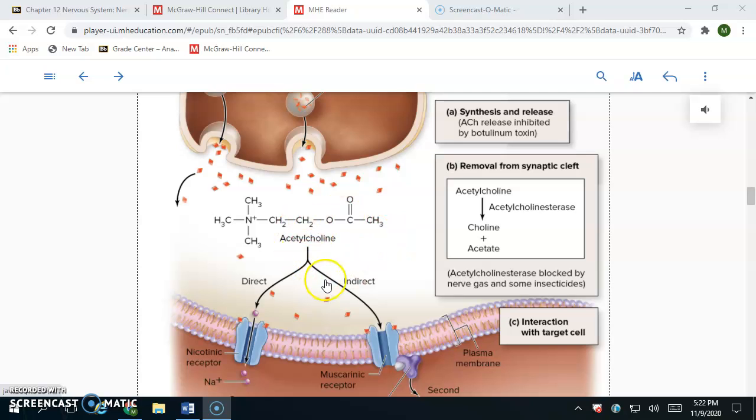So that's one way for removal of acetylcholine from the synapse. The other way is it diffuses away and gets taken up by glial cells, so that's why it's out of there. And then there are some neurotransmitters that can be taken up by the